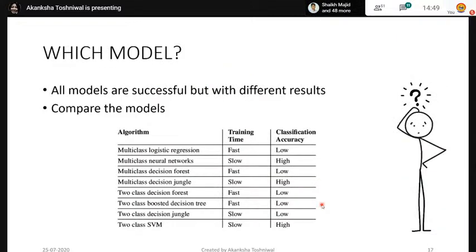Now, when we have everything in place and we have built a model, which model should we go with? Somebody has quoted that all models are successful but with different results. Some models give you an accuracy of, let's say, 47%, and some models give us an accuracy of 99%. They are both successful, but they are giving us different results. Now we want to find out which model is best for our particular